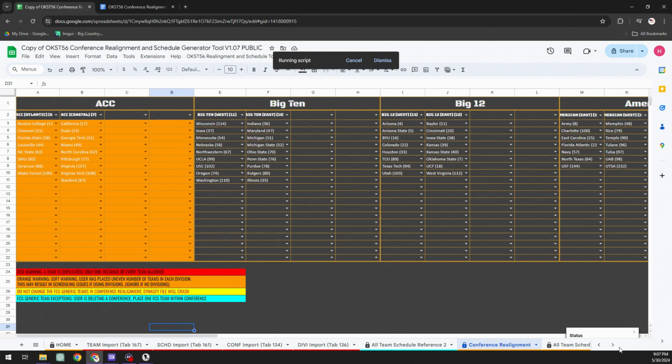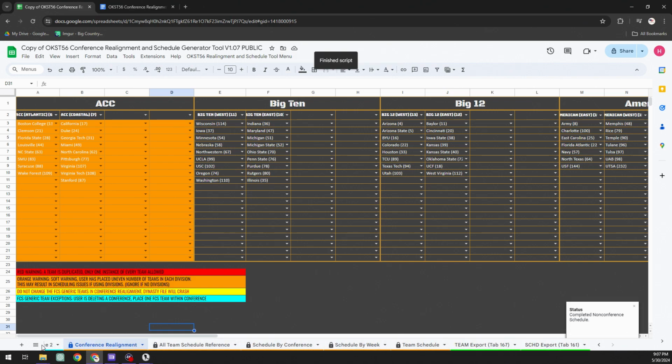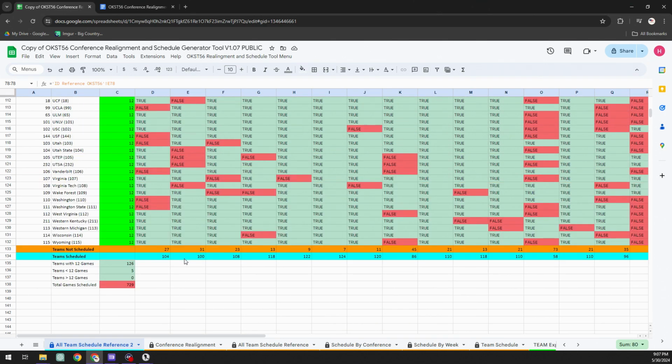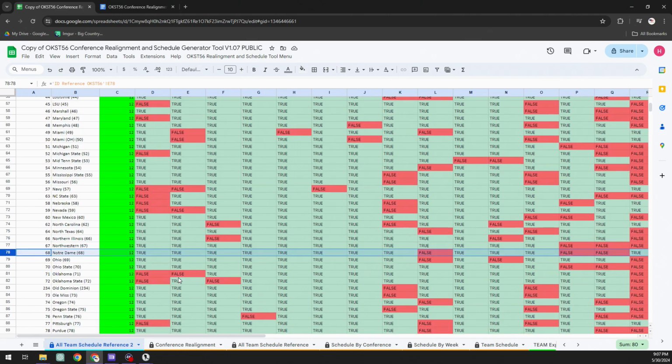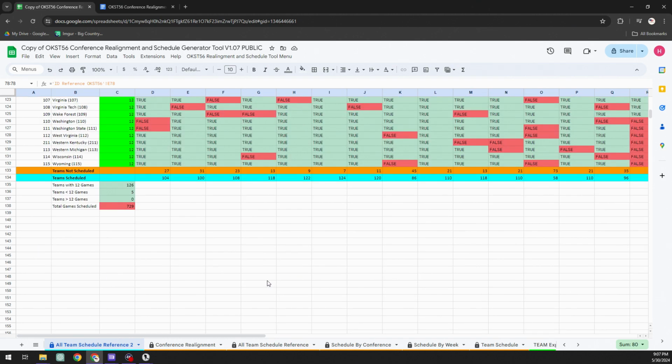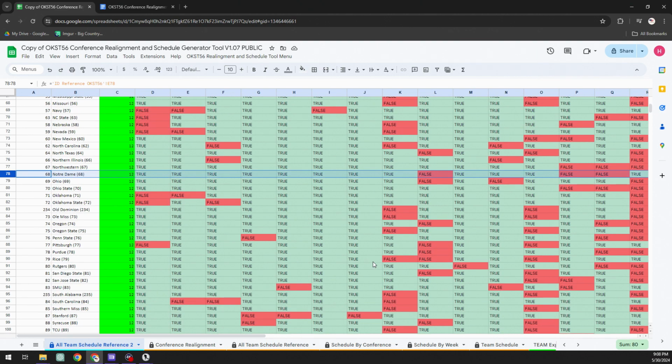And whoops, go back to this one. So as you can see, we've got all greens except for the FCS schools. It looks like we should be good. I try to minimize as much of these games as possible, but you guys can always change that. It looks like we ended up with 10 FCS games, which is pretty minimal